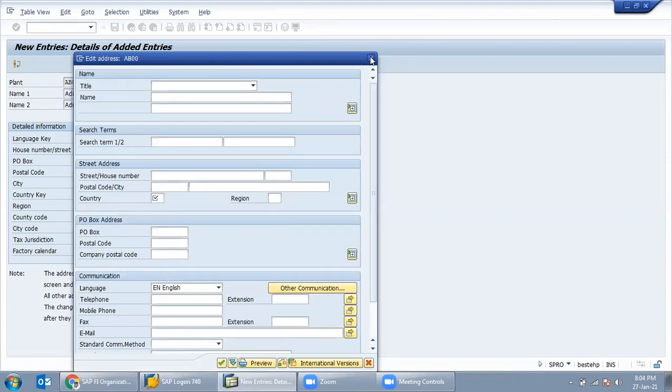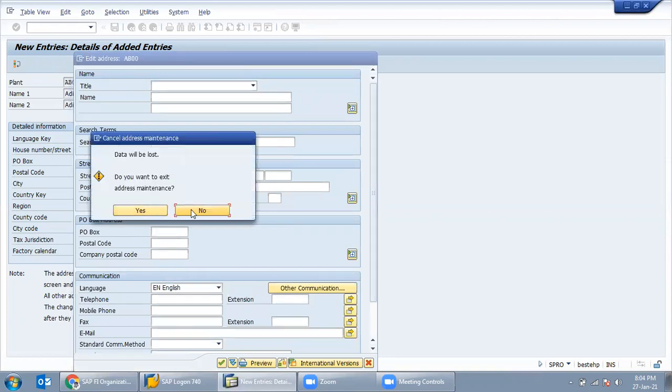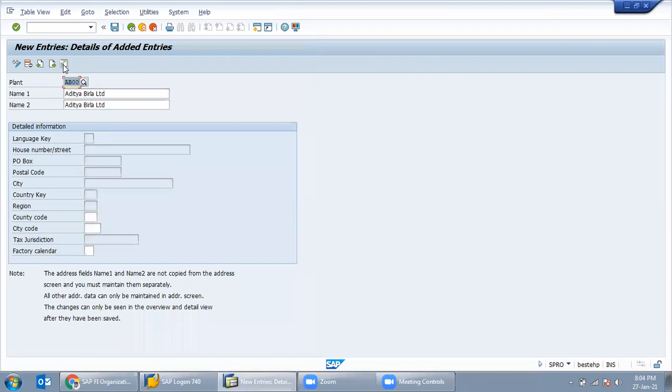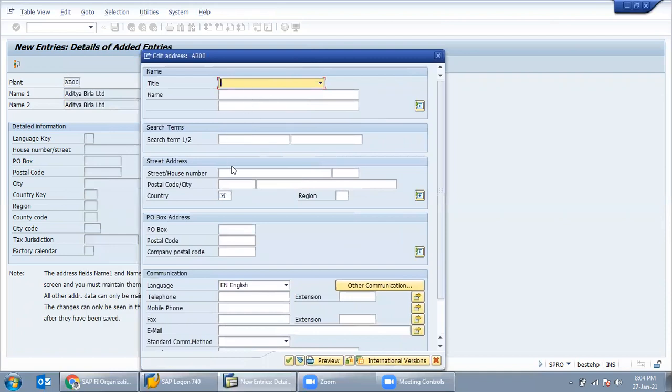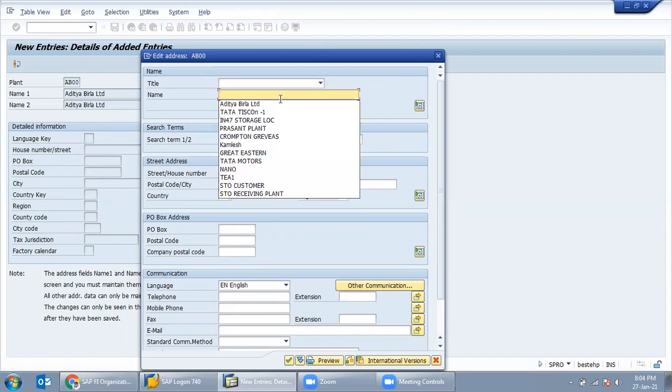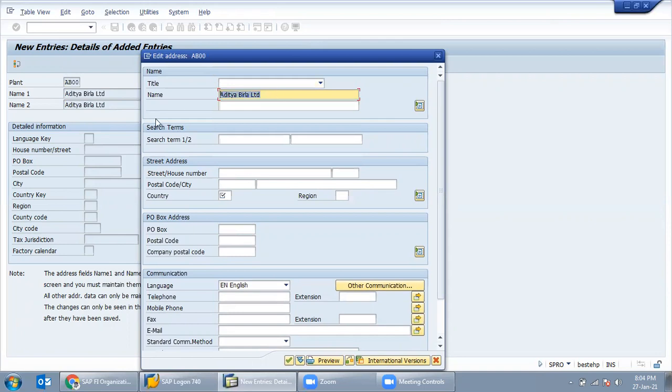We have to click on this address book. Here is the address book. Here we have to click. Whatever details we feed from there will come into the detailed information. See how. Here we need to create Aditya Birla Limited company. So right now we are creating the plant.